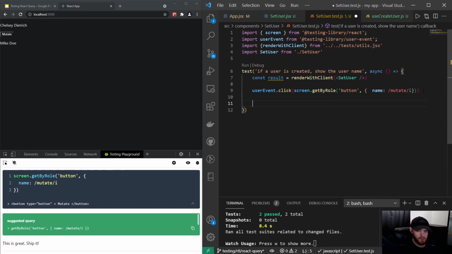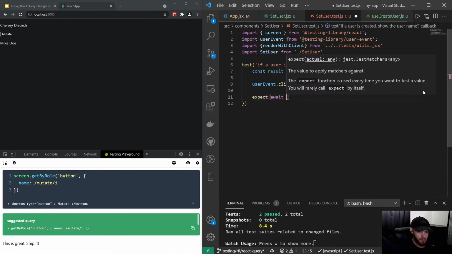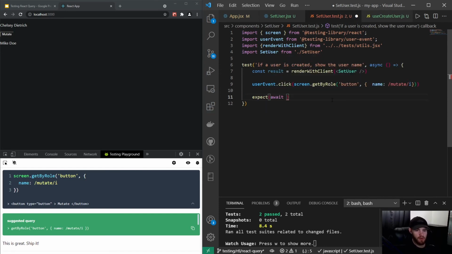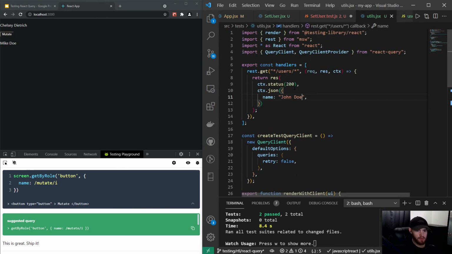And then we want to put our expect, and we want to await, and we essentially are going to wait for Mike Doe to show up. But because we're also going to intercept this API call, I will go to the utils file, and right here I will create a new